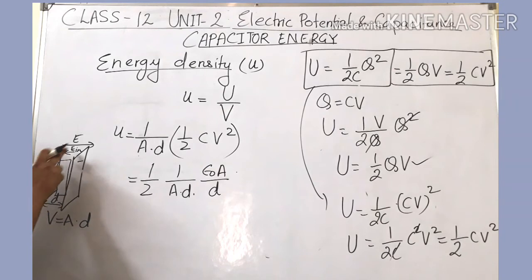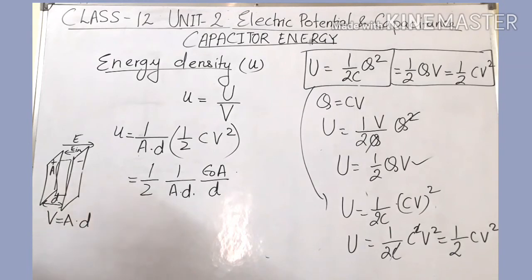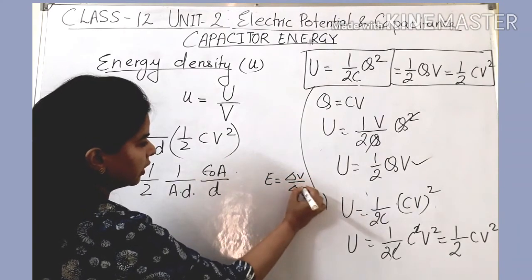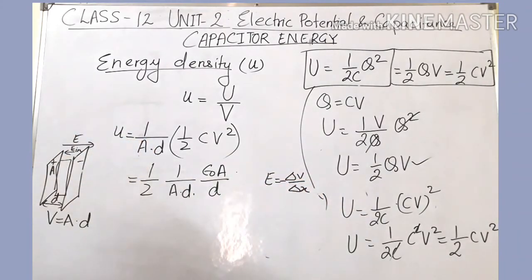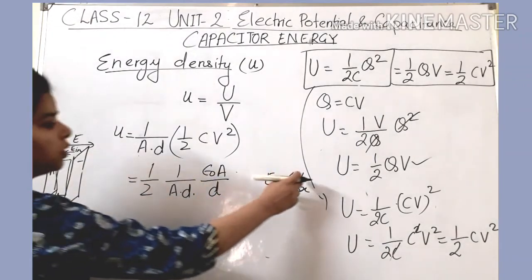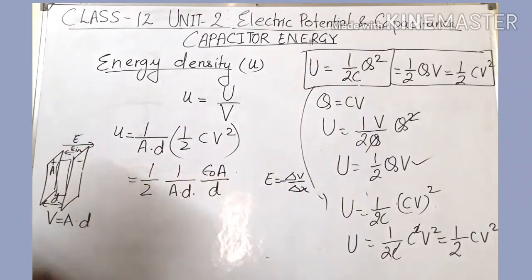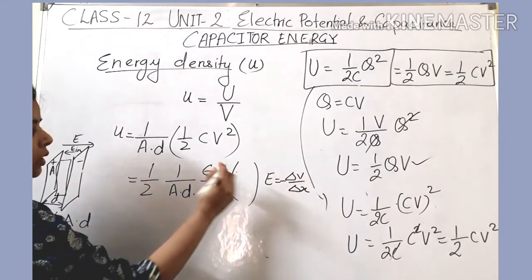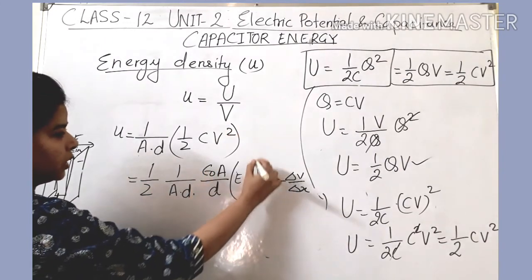Here E and the potential difference are interrelated by the potential gradient term, and you know that E is equal to delta V over delta X with a minus sign. We don't need to consider the minus sign here, so we put delta V over delta X. Now what is delta V? The potential difference across the plates, which we have taken as V, and delta X is the distance between the plates. So we can put V in the form of E and D: V is equal to ED. In place of V square, we put ED whole square.